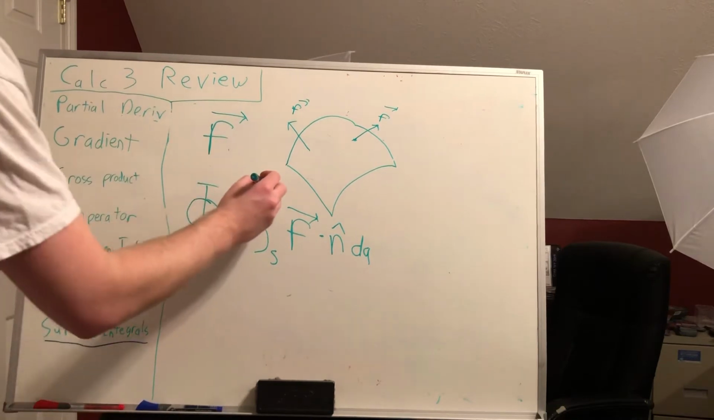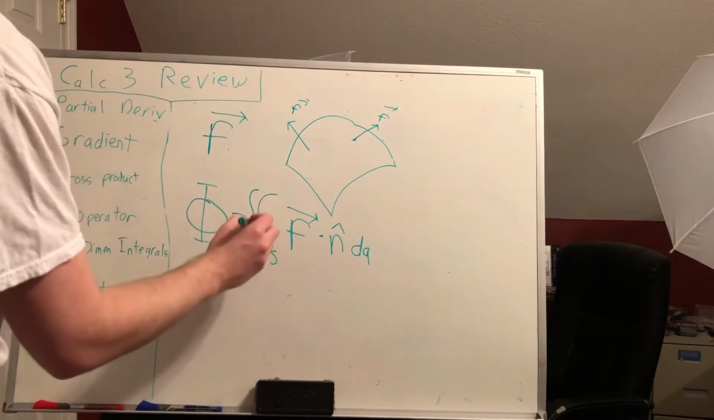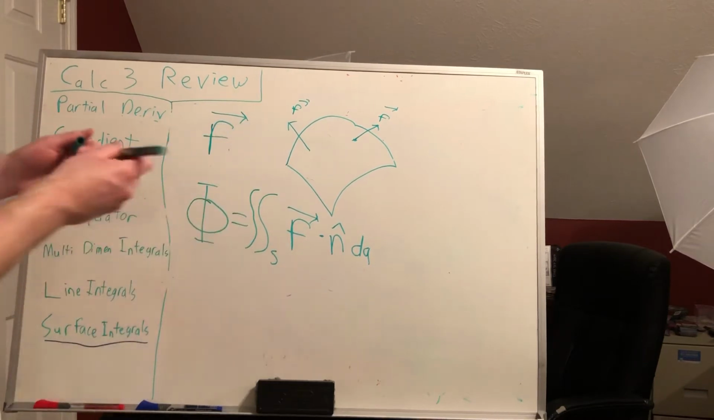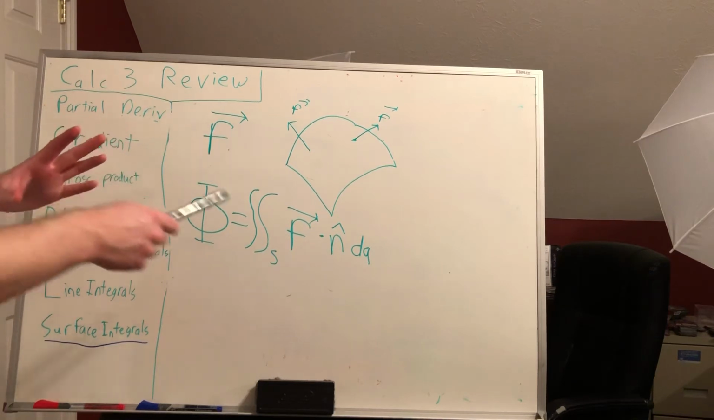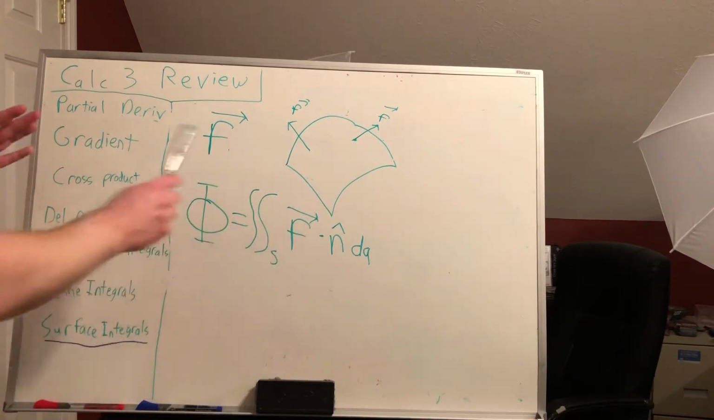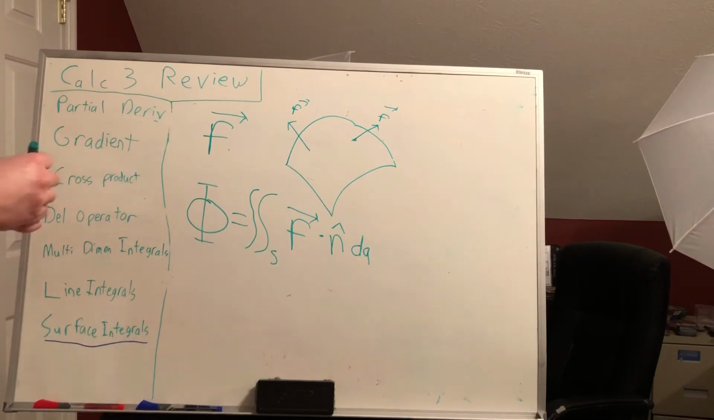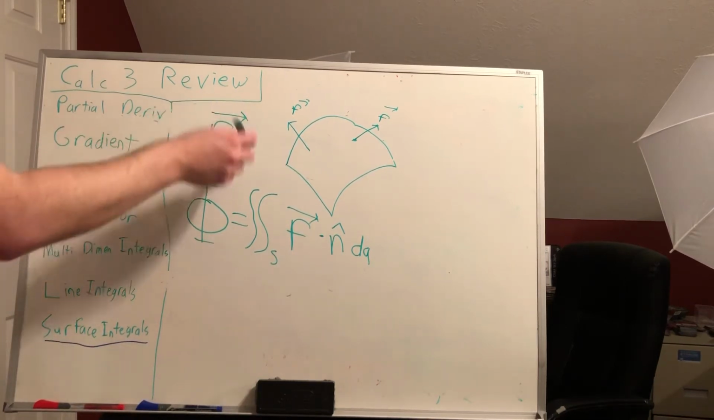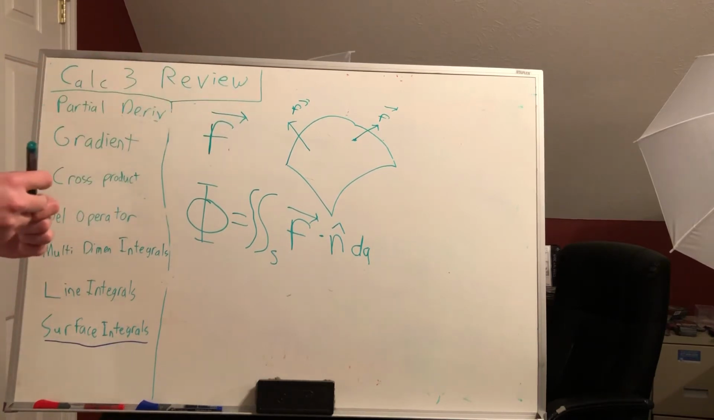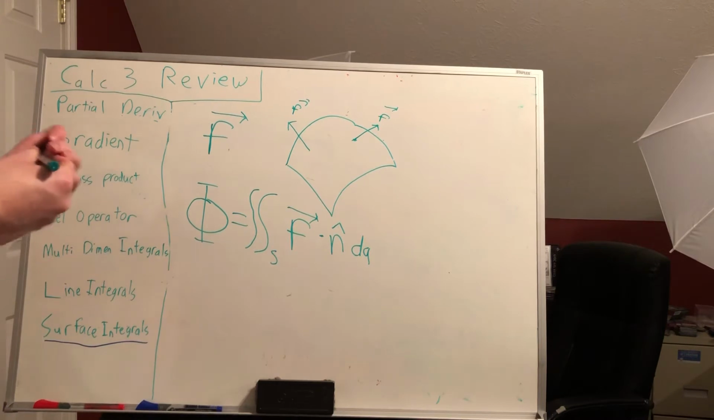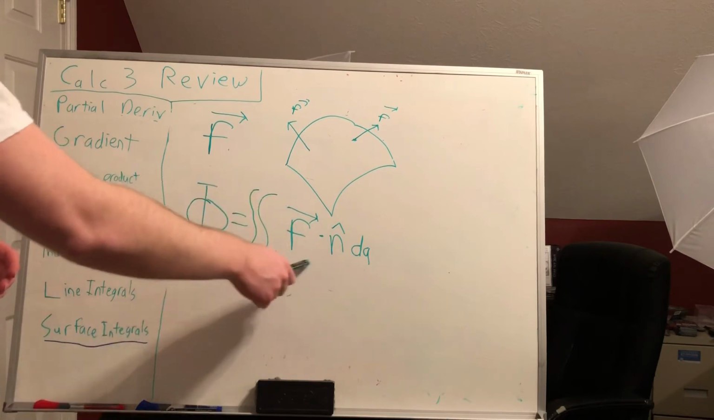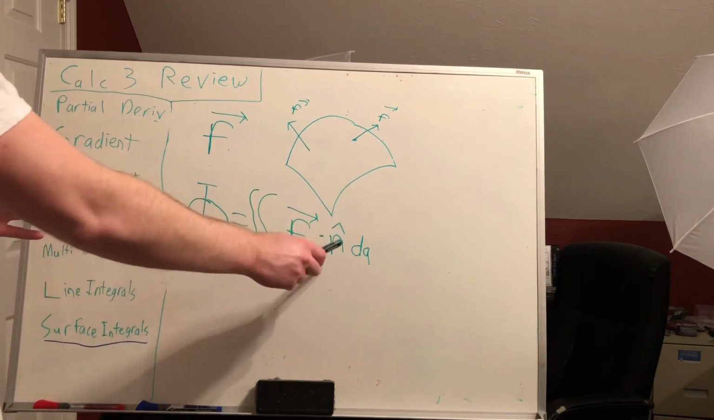Where I should actually draw two integral symbols because it's going to be a two-dimensional integral. So let's break down this equation. Just like before, we have the function that we're interested in integrating. We have this n hat, where the n hat is a normal vector. And what this tells us is to increase our flux, we want our function to be parallel to our normal